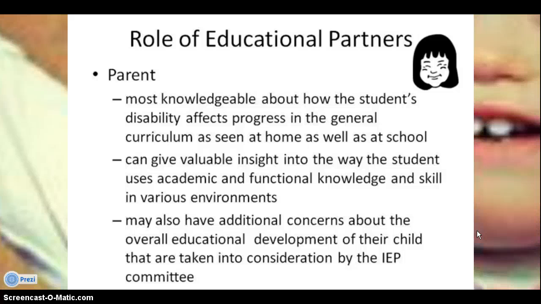Here's the big deal. The parent is the one who has the dream for that child. The parent is the one who says, this is what I want my child to be doing five years from now, ten years from now. When he's an adult, here's where people in our family are, and here's what they do as an adult. And so this is the dream that I have for my child. And that is the person who's there to advocate personally for that child and for that child's world.